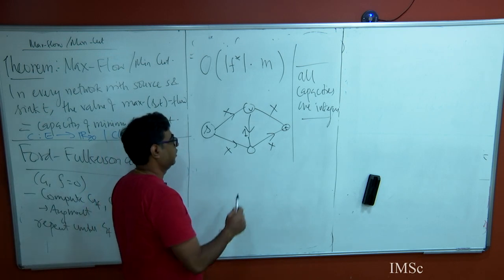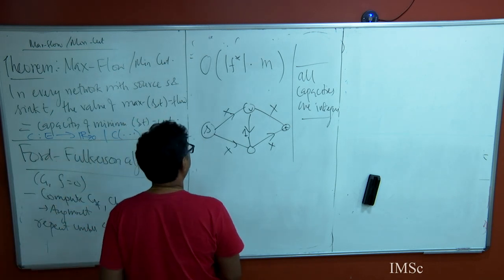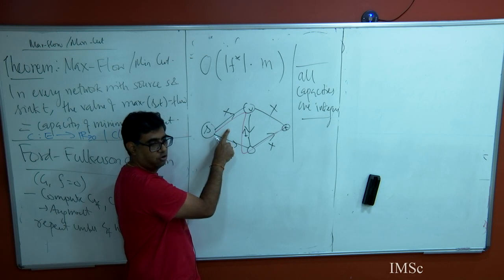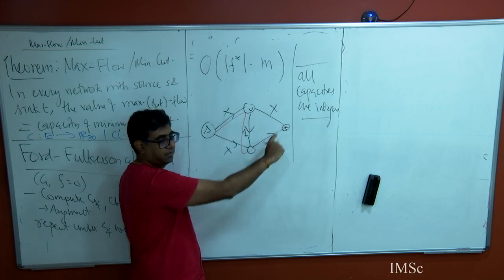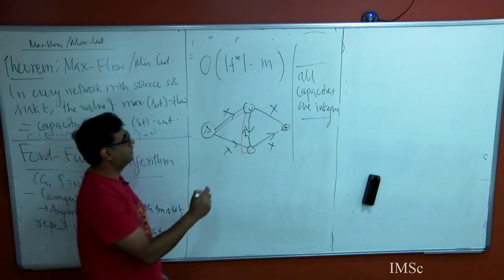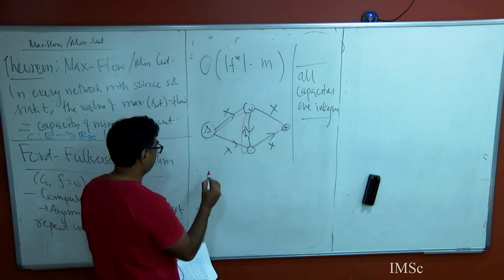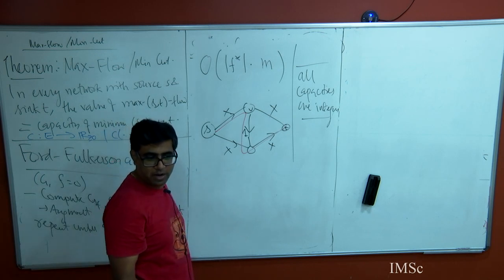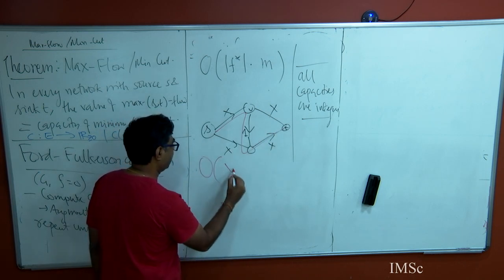I can start from here, and every time how much will I go? I'll say okay, fine, now I find a path here, 1, 1, right? Again I will find this one. So you could just alternate between this and this, alternate between this and this, and you could take as many steps as x. You can show that, if you have bad luck, because you're not telling how to find these paths, right? All you're saying is, find me any path from S to T. So this could just run order x time,